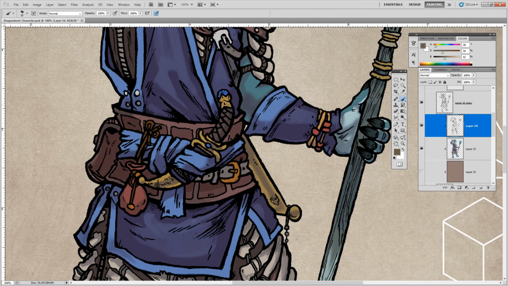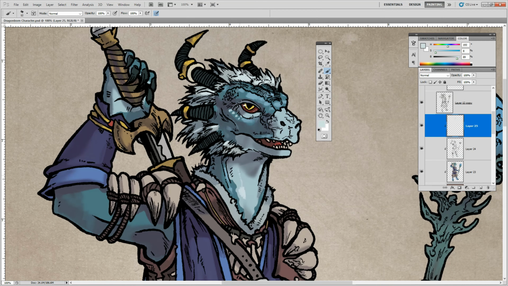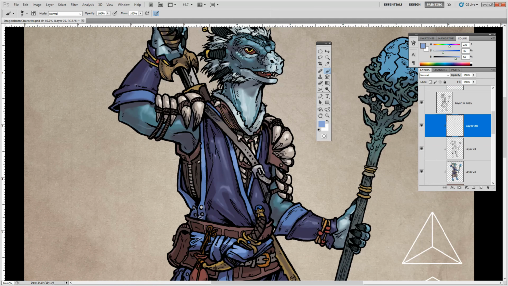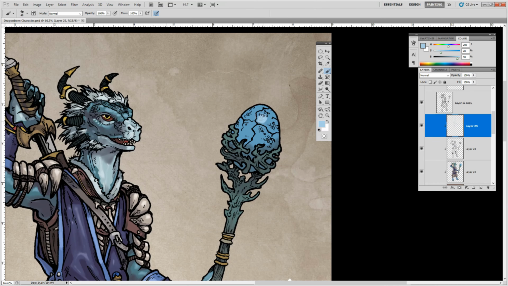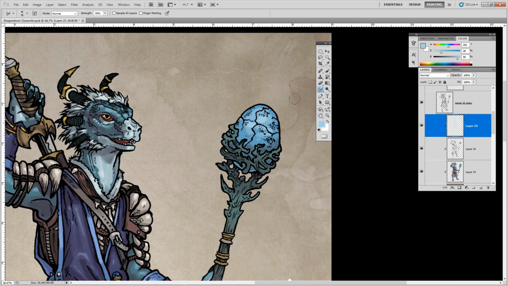Texture is really important in painting. You want to really understand how different textures react with light. There are a lot of different techniques to add texture to your character, especially in Photoshop. There are an endless variety of ways to add that texture, but you do really want to understand texture